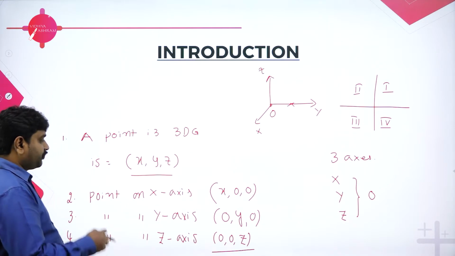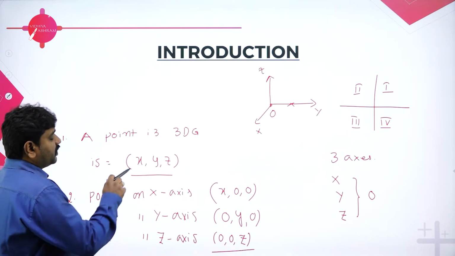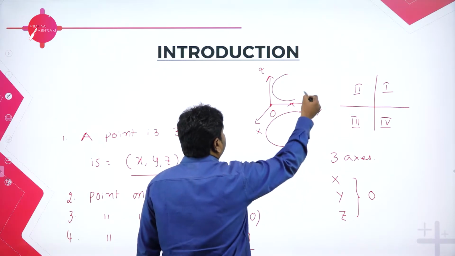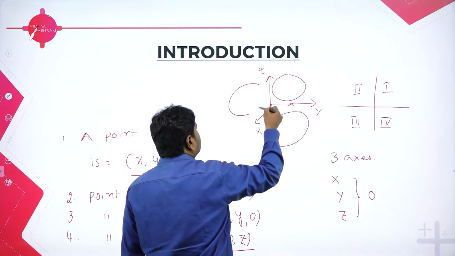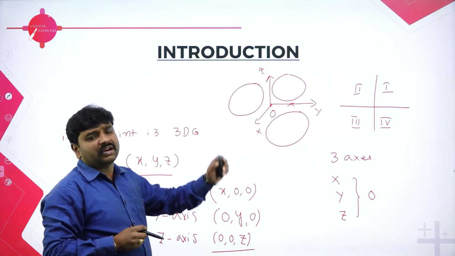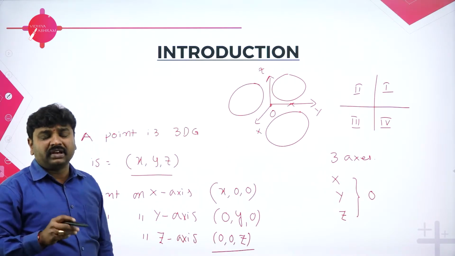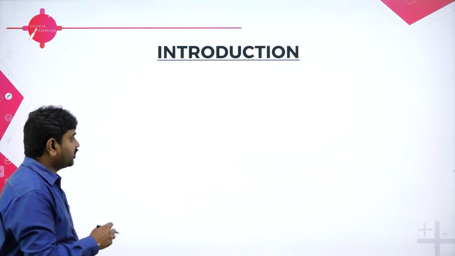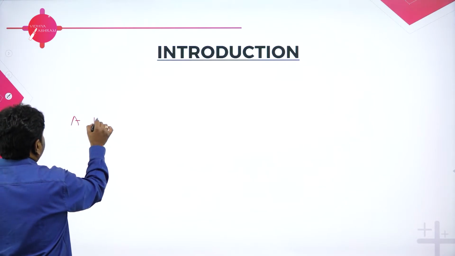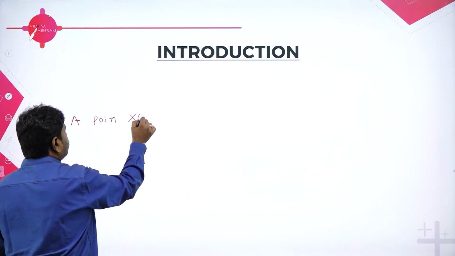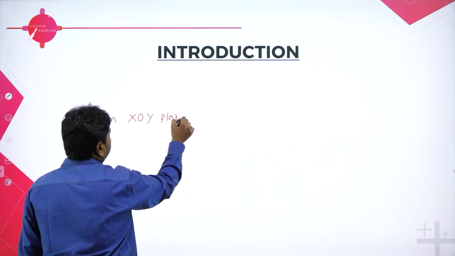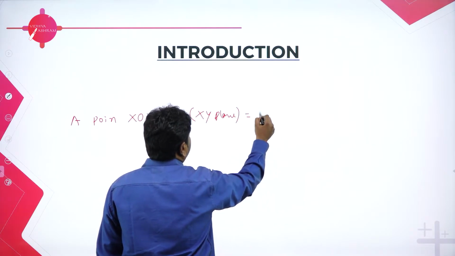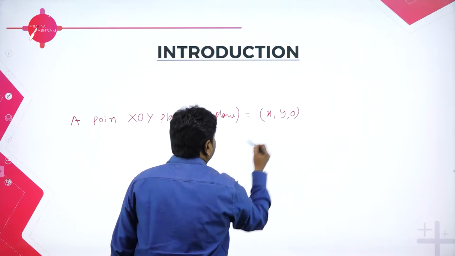Next we have point in plane. So now this is called as xy plane, this part, and this is yz plane or yoz plane. This is xz plane. Point may lie in any one of the planes. If it is in xy plane, it will have z value 0. So now next case is point in xoy plane. Xoy plane, or we say xy plane. If point is in xy plane, it will have x, it will have y, but its z value is 0.